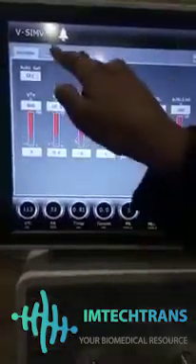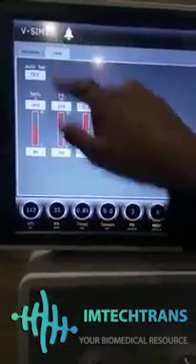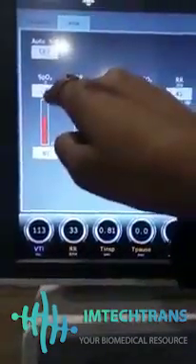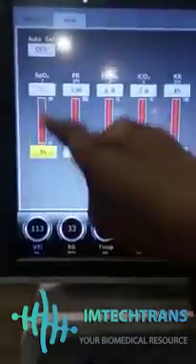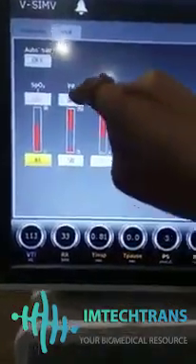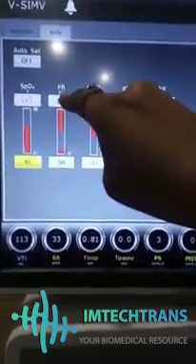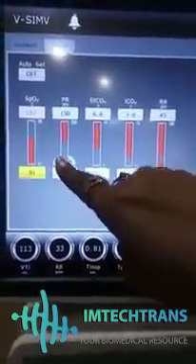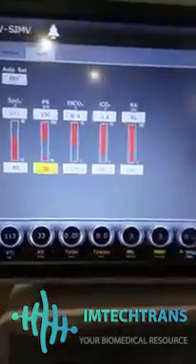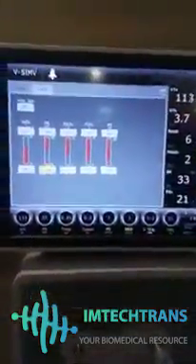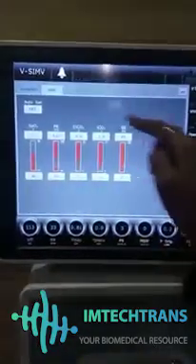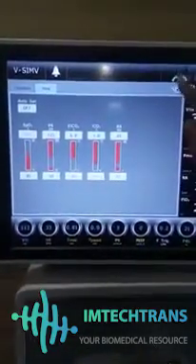So let's talk about the vital parameters alarm parameters. So as you can see, there is a lower limit and upper limit. So you can set the lower limit of SpO2, and you can also switch it on or off, and these are the pulse rate, and you can select the lower value and upper value according to your requirement. Now after setting all the parameters, you can exit from here.